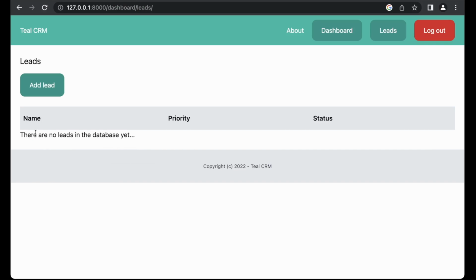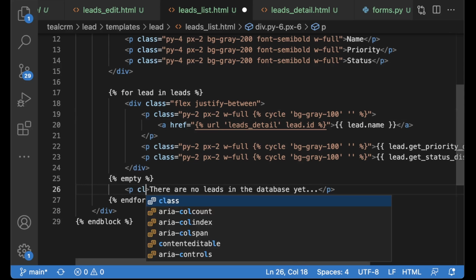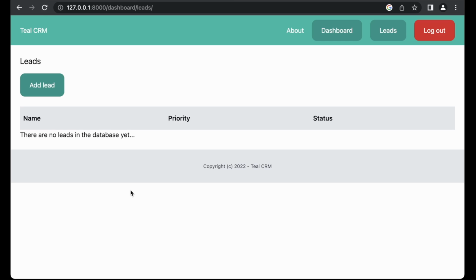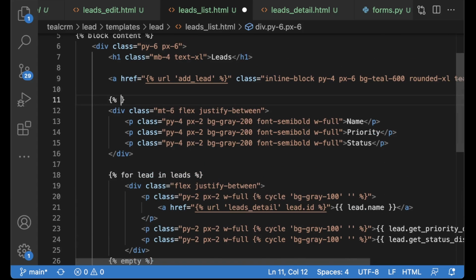Refresh, and now you see this information. Nice. Maybe we should add a px2 here, so we have some space there. Save and refresh. You could also have this above here if you didn't want to show these either.